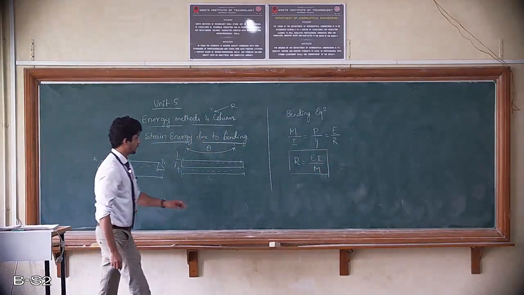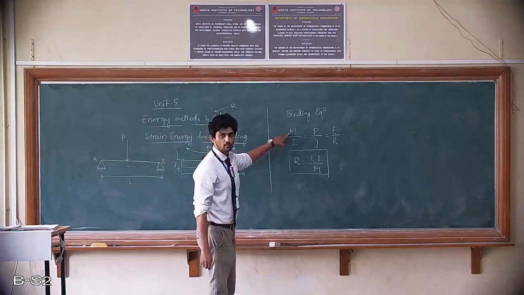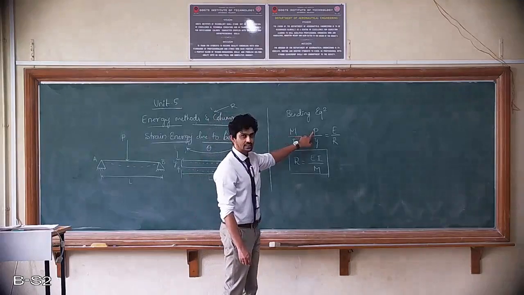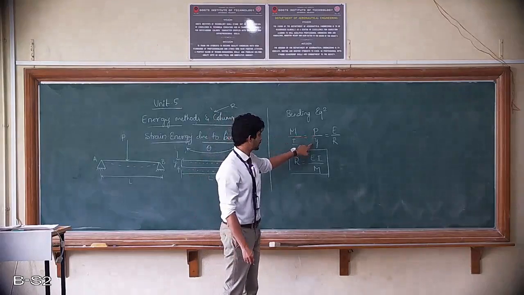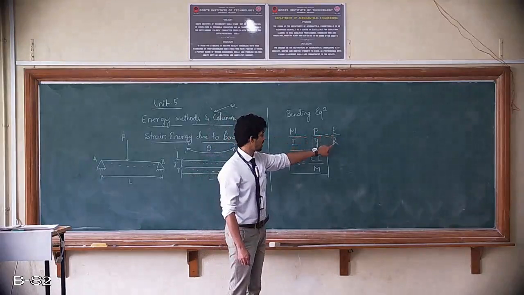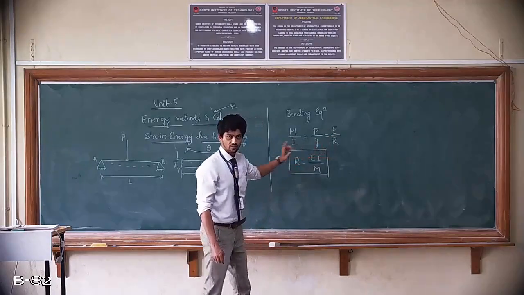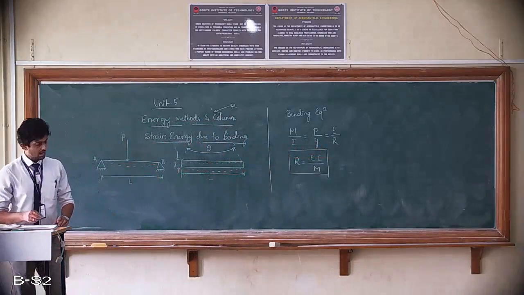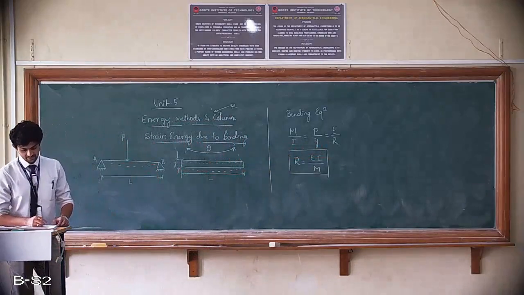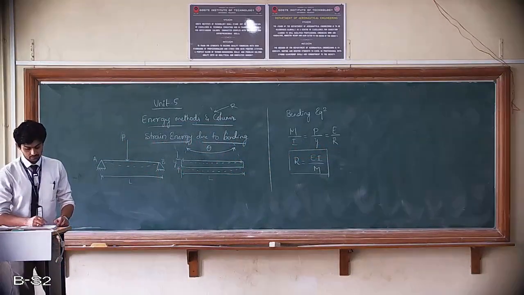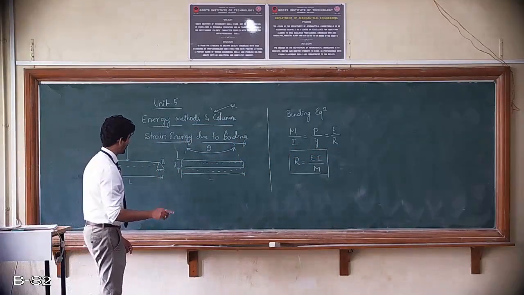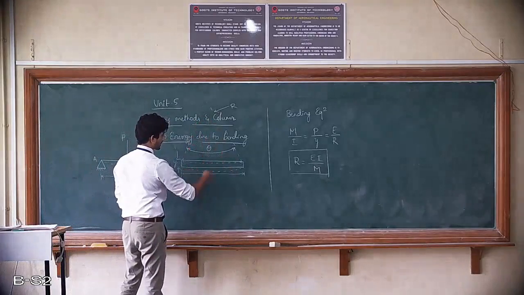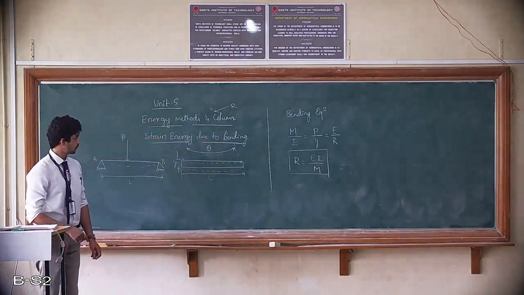Now let us recall, M is nothing but the bending moment, I is moment of inertia, sigma is stress, y is deflection, E is Young's modulus, r is radius of curvature for the same material. Using that equation we have deduced r is equal to EI by M. Now again, if I want to correlate this theta, this radius with respect to length, what would it be?